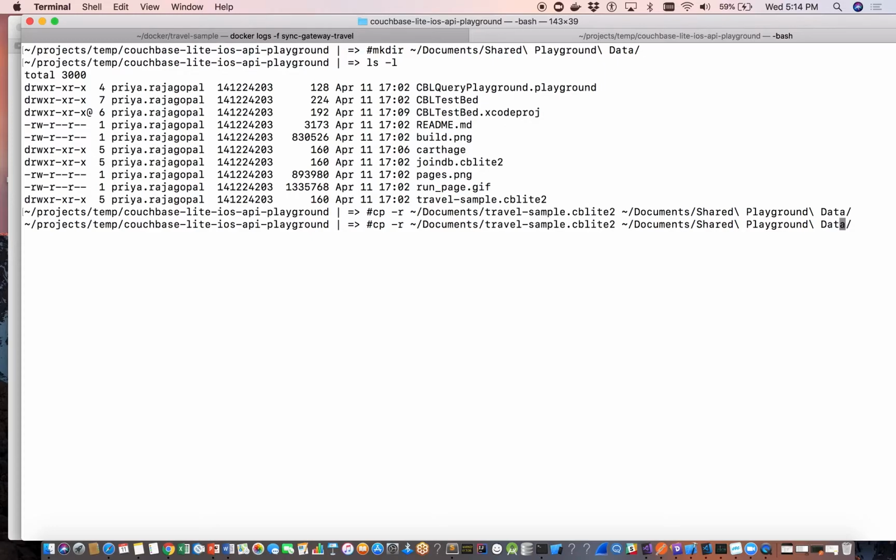And similarly, copy over the join DB CBLite folder into the document shared playground data folder. Note, don't just copy and paste. Note that I have a pound and that's going to make it no op. So just copy the highlighted portions, okay, and execute that command. So once you have done that, verify